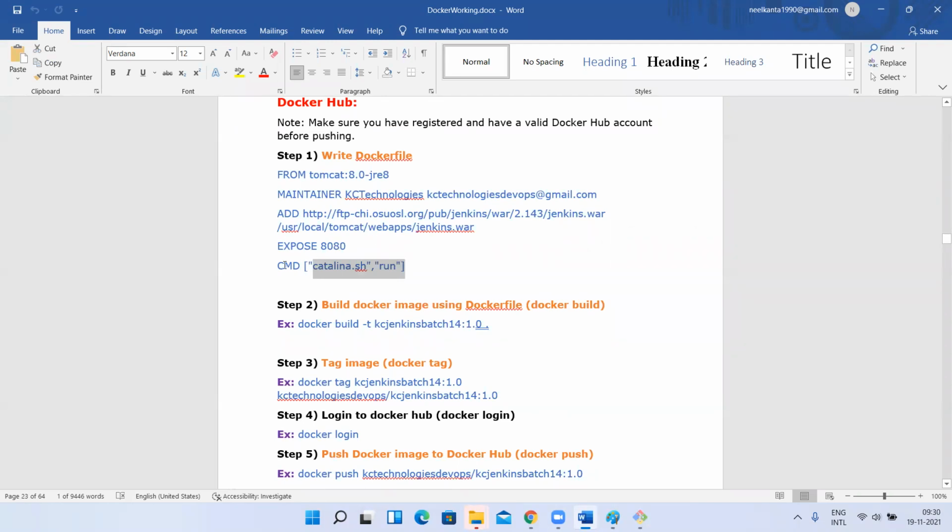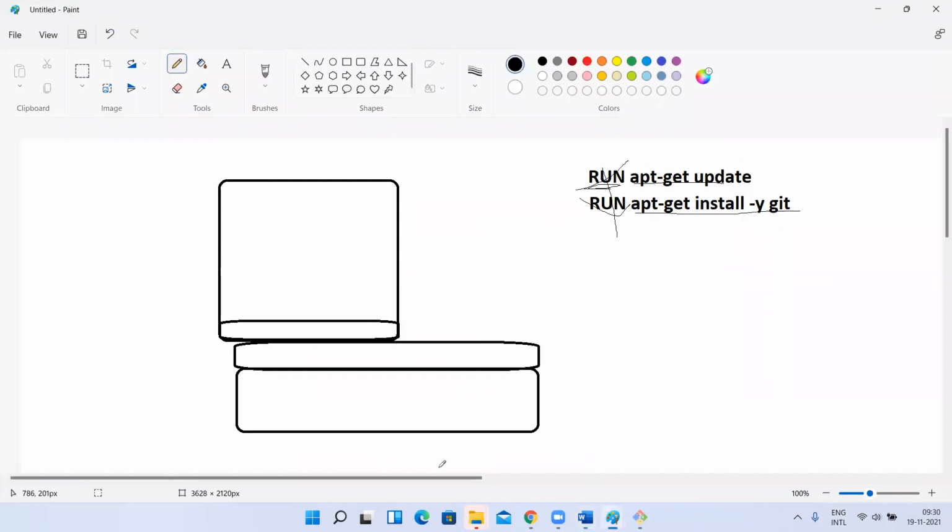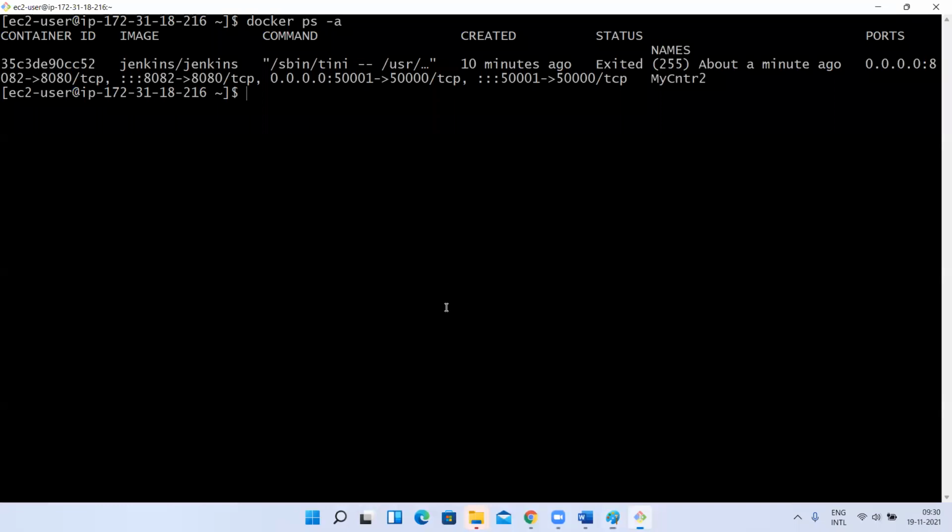So if you want to specify that whatever command you pass to the CMD keyword, catalina.sh run, has to be executed in a particular location, then using WORKDIR you have to specify the path.